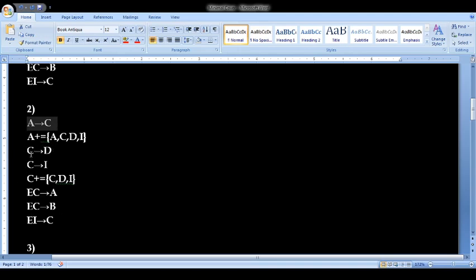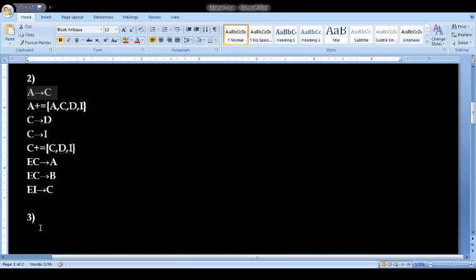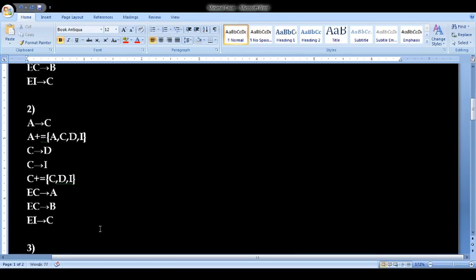You will get only A, because none of the functional dependencies have A on the left hand side. So A closure will give only A and you cannot get C. So it means that this A implies C functional dependency is not redundant. So that we can write here.